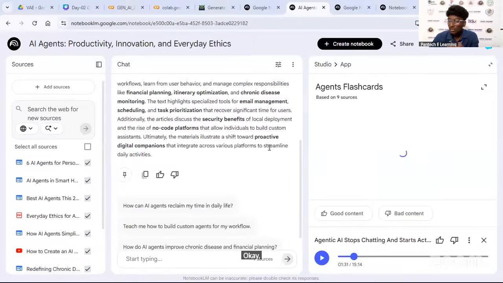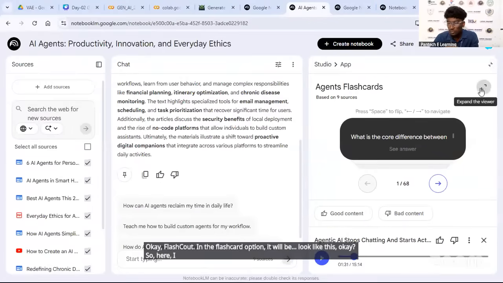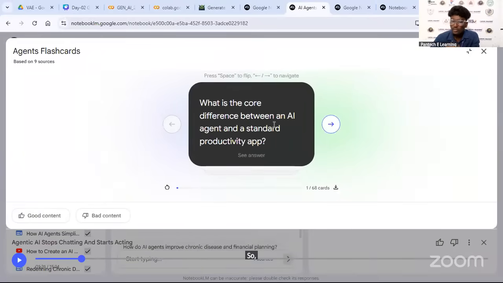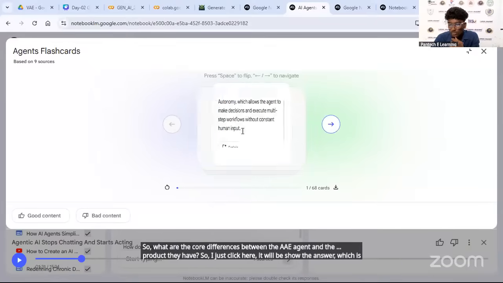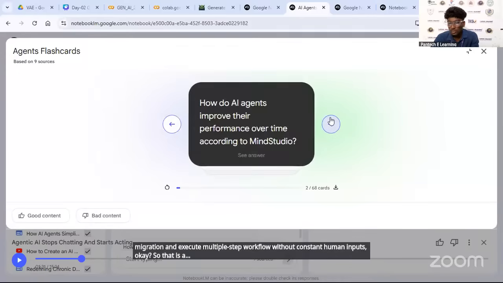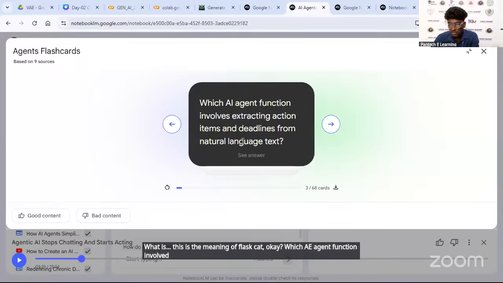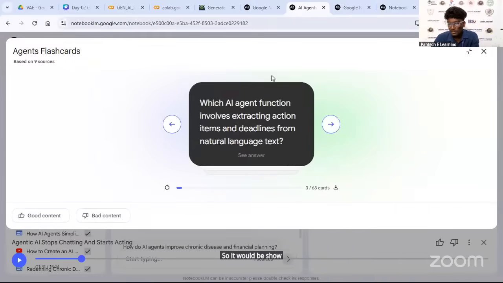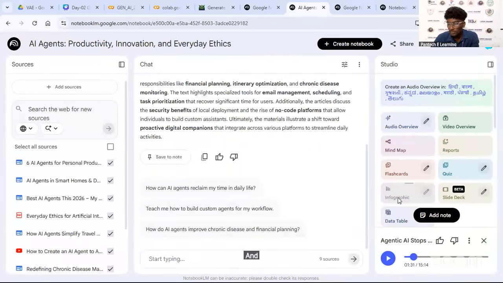Okay, flashcard. In the flashcard option it will look like this. So here I just make it full screen. What is the core difference between an AI agent and a standard product? So I just click here, it will show the answer, which is that it allows the agent to make decisions and execute multi-step workflows without constant human input. Okay, so this is the meaning of flashcard. Which AI agent function involves extracting action? So it will show the answer. Okay, so this is a use of flashcards, and infographic